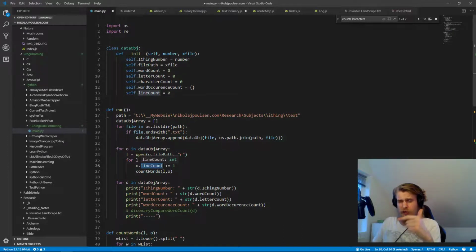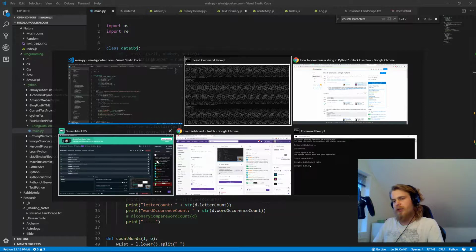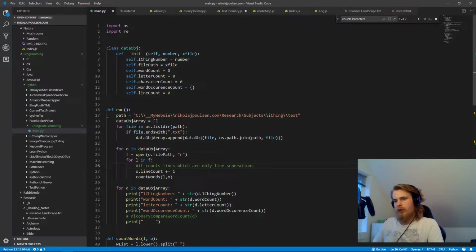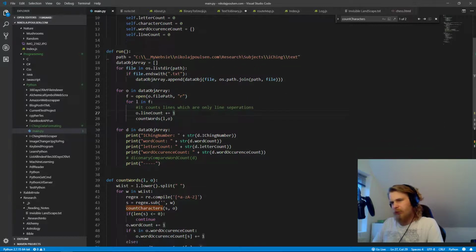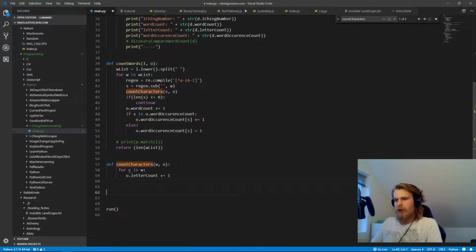The problem with doing this is that it might count lines which have no content. So by doing this right now, I think it counts lines which are only line separations. So we might have a line separation two times in a row, and that will happen, I'm pretty sure. So I might use, and now I deleted the code, but I might have to